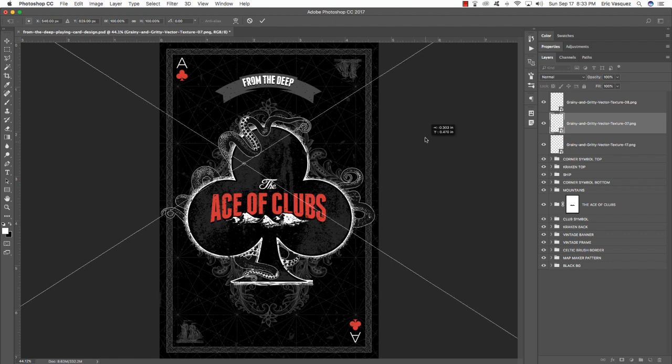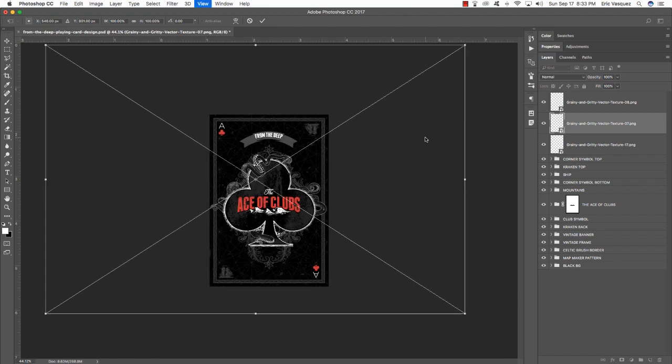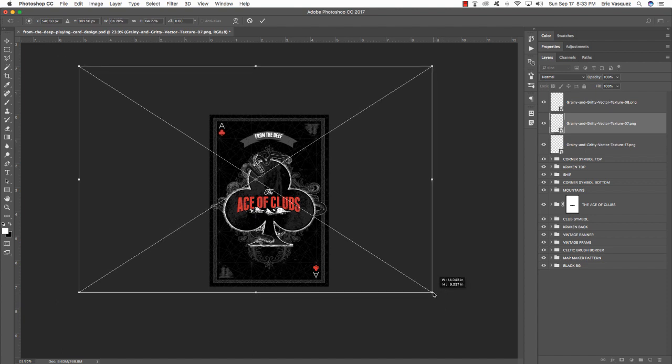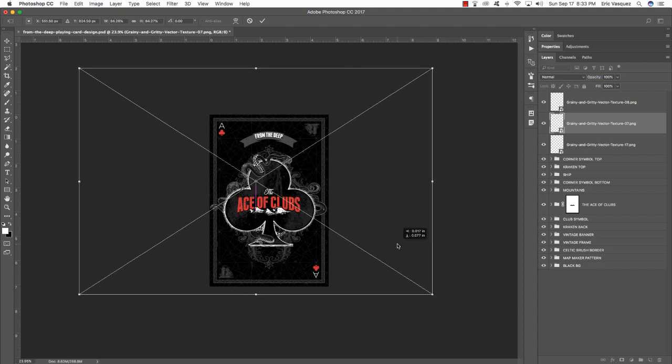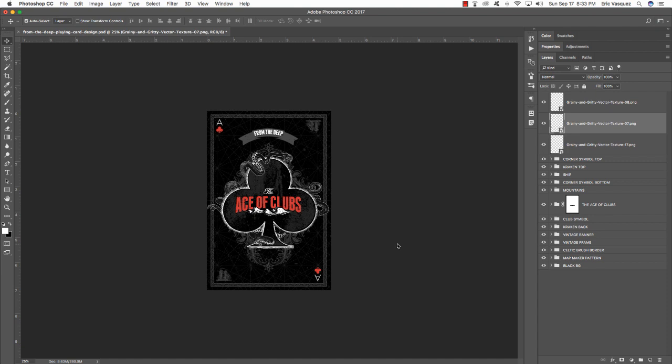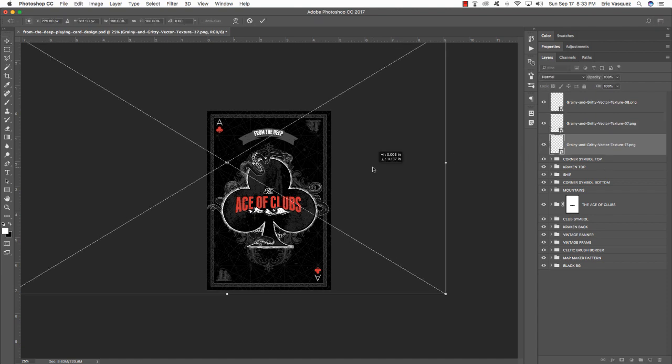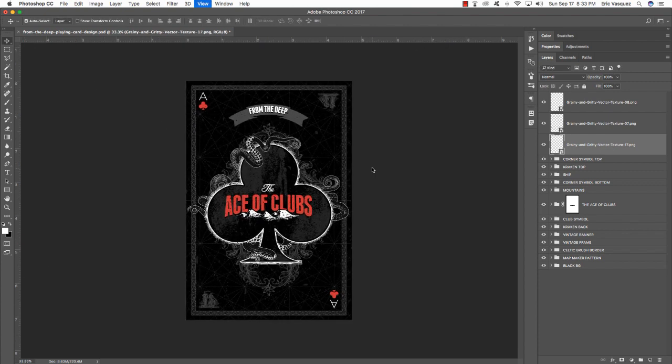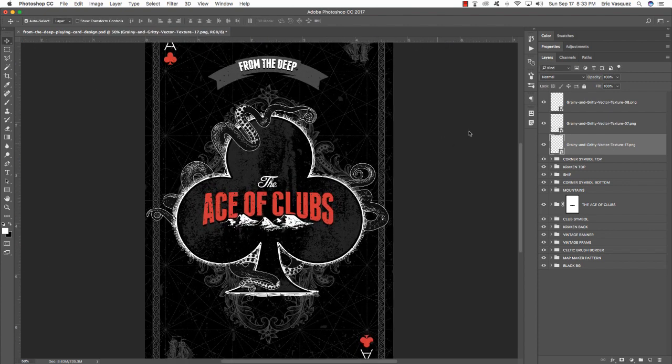And if you want to zoom out to see the entire thing, just press Command 0, and then you can hold down the Alt, Option, and Shift keys and drag inwards to play around with the scale and scale it down from the middle. Go ahead and press Return to apply the changes, and then go ahead and do the same thing with your last texture. Okay, but once you're happy with the size and placement of all 3 of these textures,